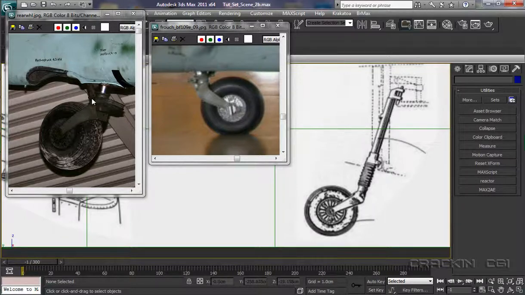Whereas on this model of a Messerschmitt, it seems slightly different there. Also, these actually look as though they're retractable. I can see hinged and pivot points there, and that suggests that, yes, it can be drawn up into the fuselage, whereas on this drawing here, this diagram, it doesn't seem to be the case. There's a fixed pivot point there, or a fixed hinge point, and there,